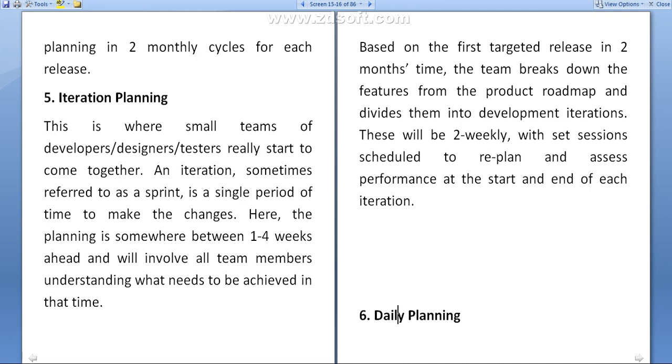Then iteration planning. So when you have the product, then how you are going to develop that particular product in an iteration, that is in a sprint. So that is the planning of iteration planning. Then